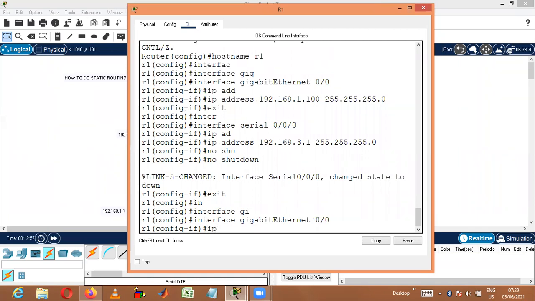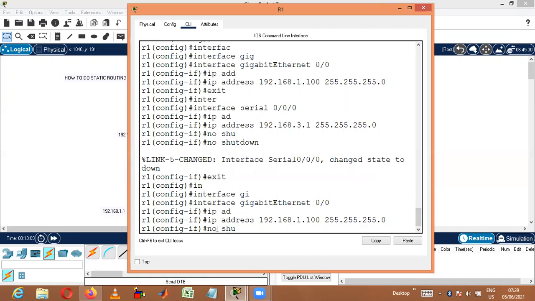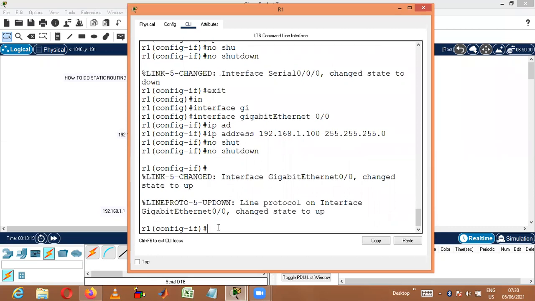The IP address is 192.168.1.100 followed by the mask 255.255.255.0 and then no shutdown. This is a very important command. You should use the no shutdown command. Only then will your ports be in up mode. Otherwise, it will be down only. So that's all. We can exit from this mode.